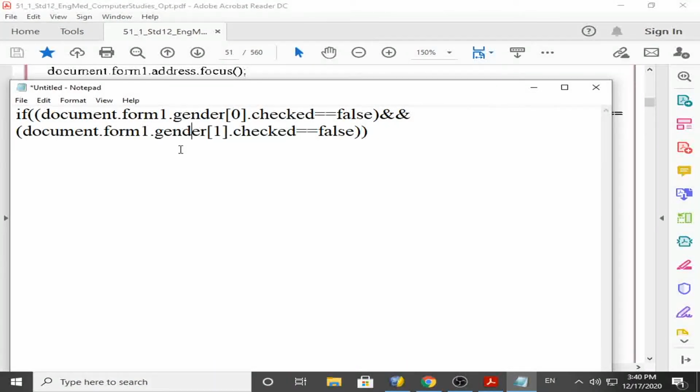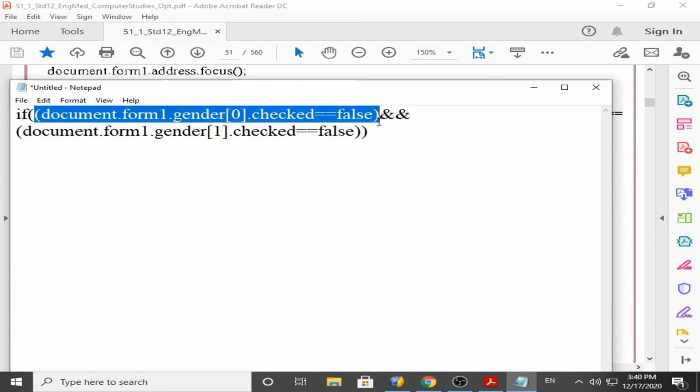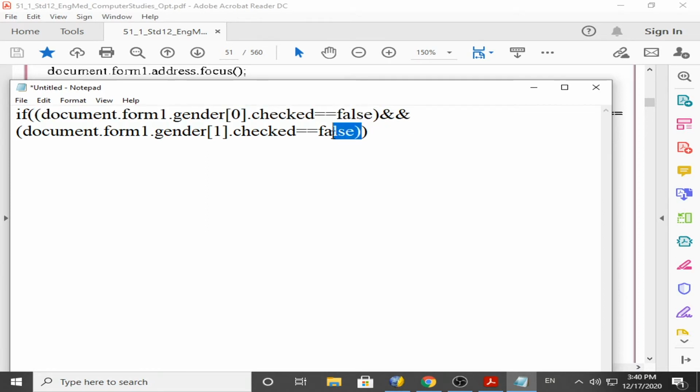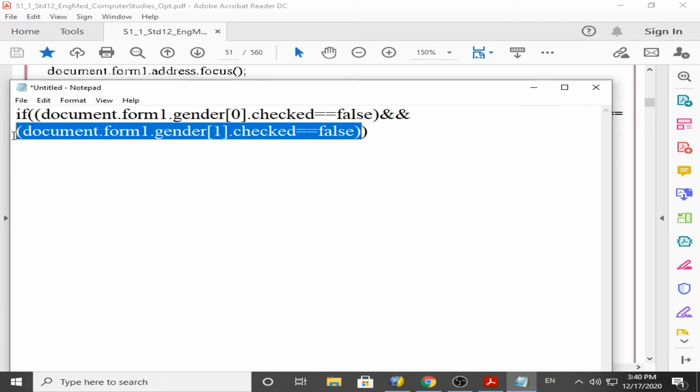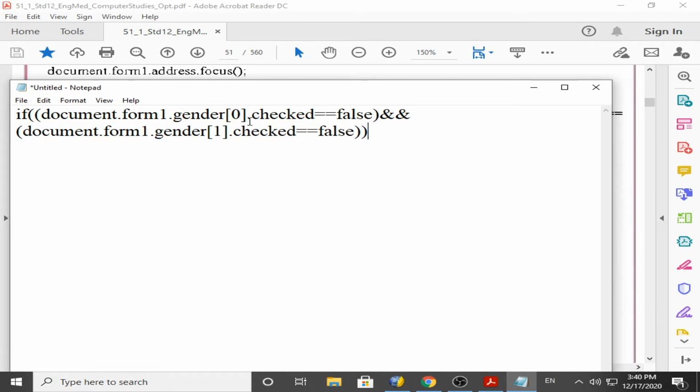This is the AND operator. The AND operator requires that the answer of this statement must be true and the answer of this statement must also be true, then and only then the overall condition will become true. So we will decide how it becomes true or false.